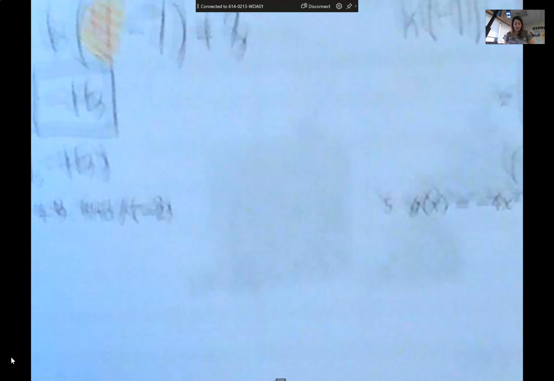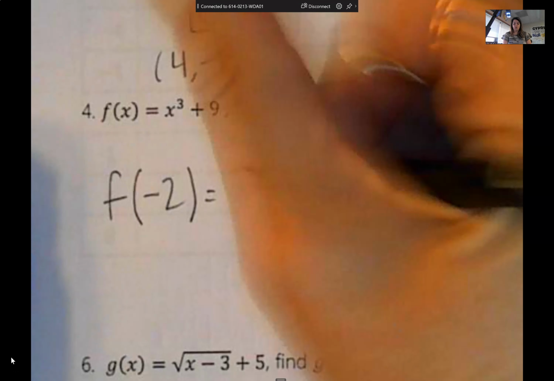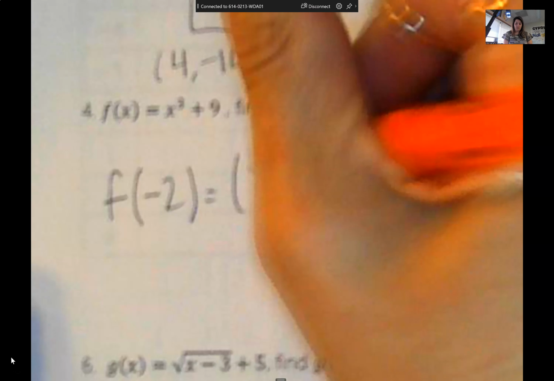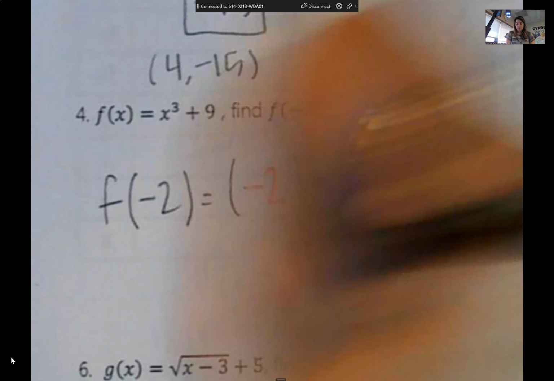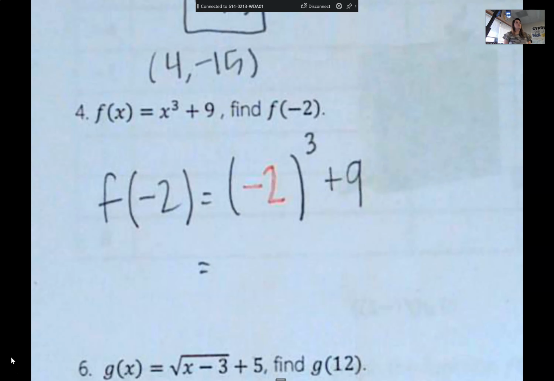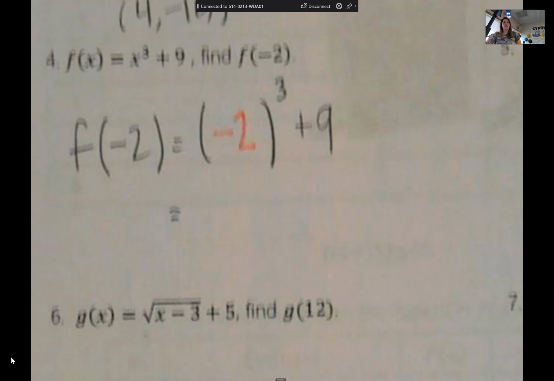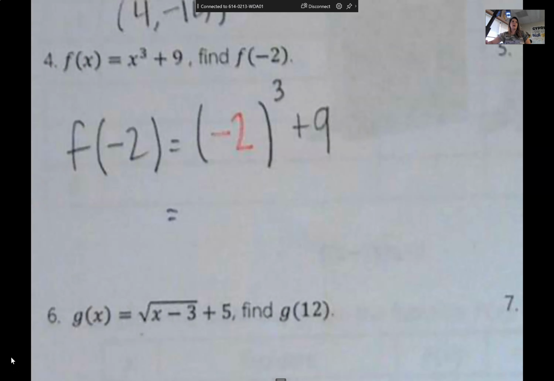Okay, so to evaluate this guy, we go back to our parentheses. We're going to say f of -2. We're going to use parentheses. And inside that parentheses, you're going to put your -2, and then you're going to add 9 to this. So all I need to show you for this problem is how do you get a 3 instead of a 2? Because right now we've been just using our x squared button,